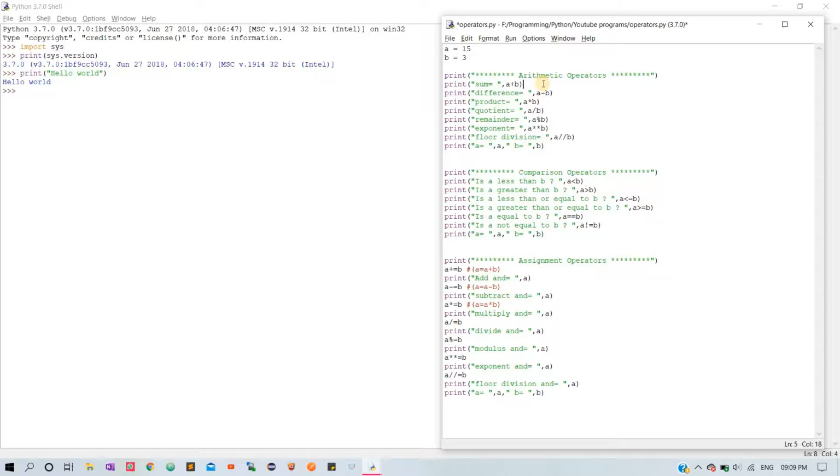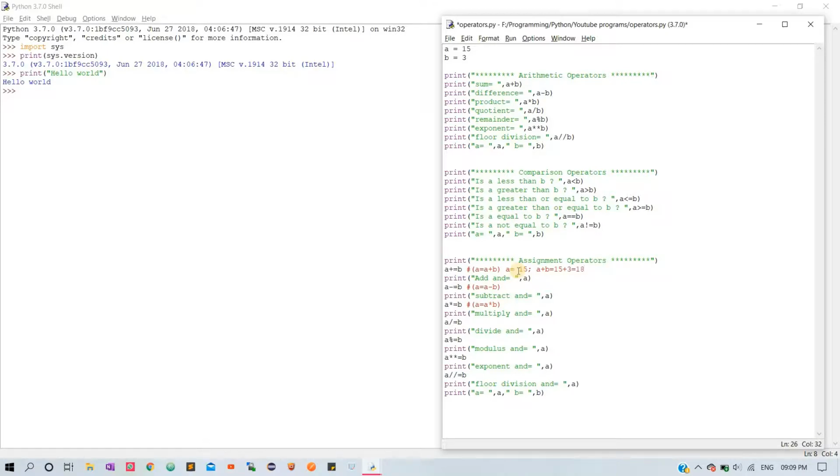The difference between the arithmetic operators and assignment operators is that if you come here, in this case, plus equal to b is nothing but a equal to a plus b, which means that first the variable a will be stored as 15. Next, in the arithmetic operator, a plus b becomes 15 plus 3 equal to 18.